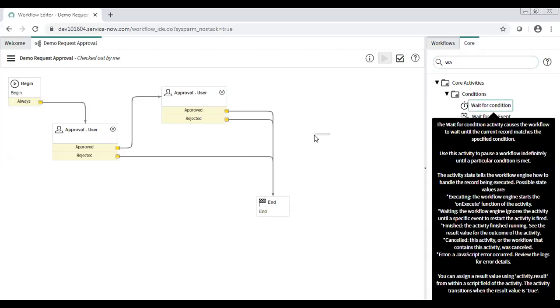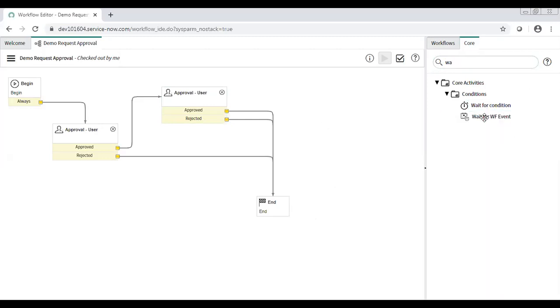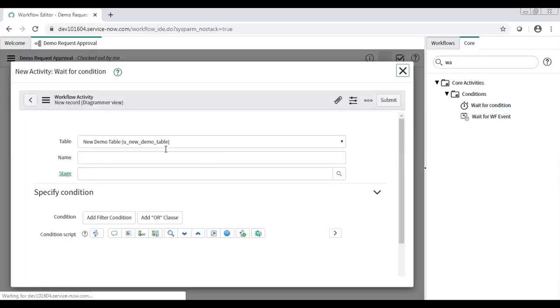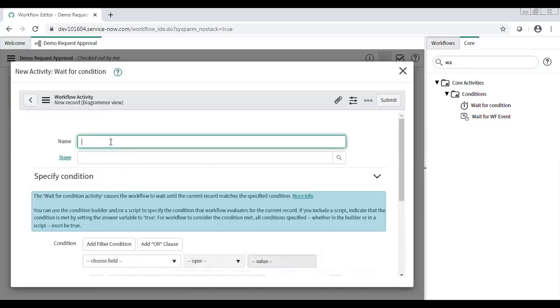So I will say wait for condition. Here I will name it wait for assignation.